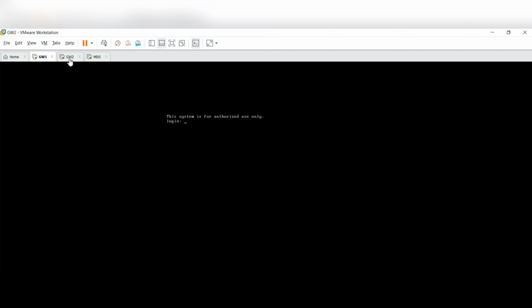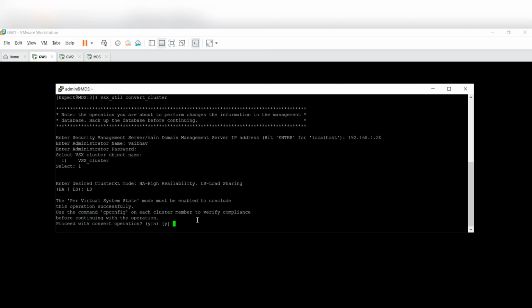Also note, when the system gets started, some drivers get loaded, so you don't have to hurry here. You have to wait at least a couple of seconds after the system is started. So I usually wait for 5 seconds. Once this gets started, I think we are good to go now with the command here.